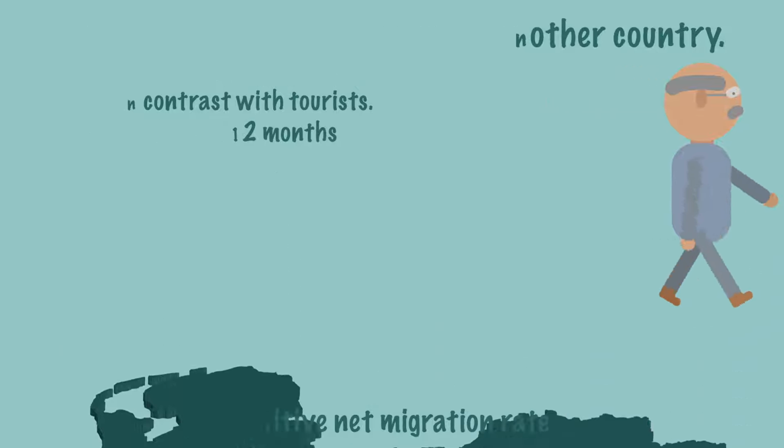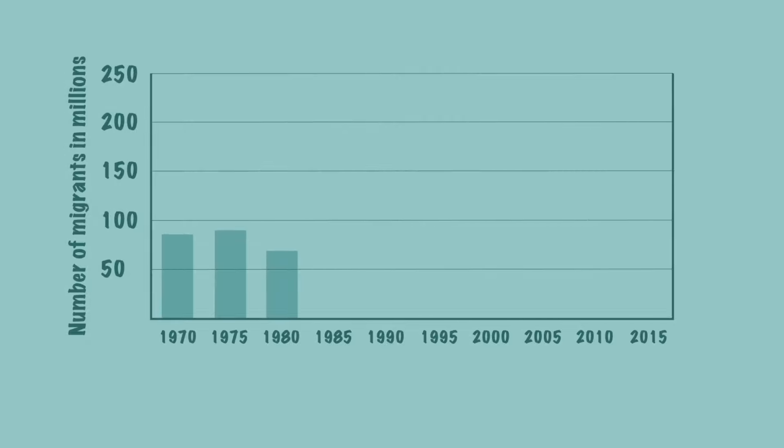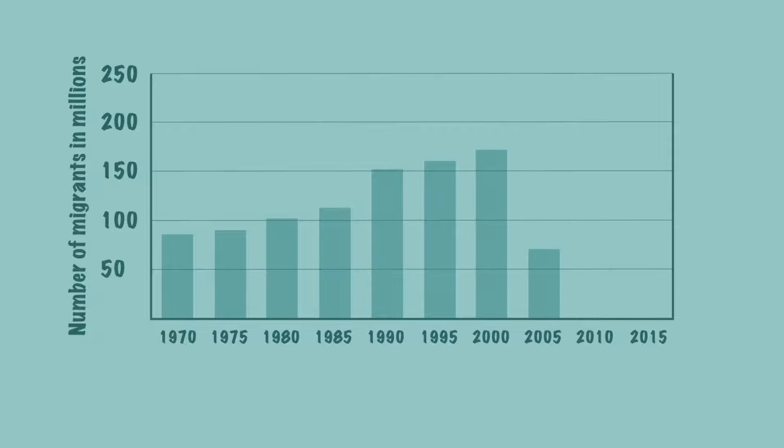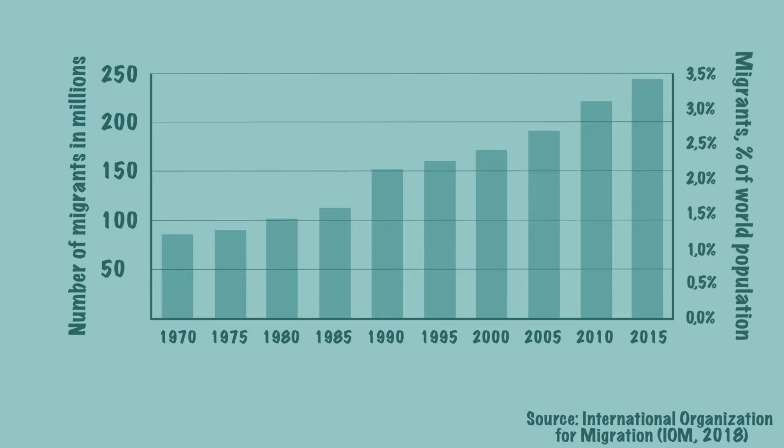According to some, globalization has caused migration to increase significantly. For example, the number of migrants increased from 84 million to 243 million people between 1970 and 2015. That is a huge increase, but as a percentage of the world's population, this is an increase from 2.3% to 3.3%. Others use slightly different data and think that on average about 3% of the world's population migrates.